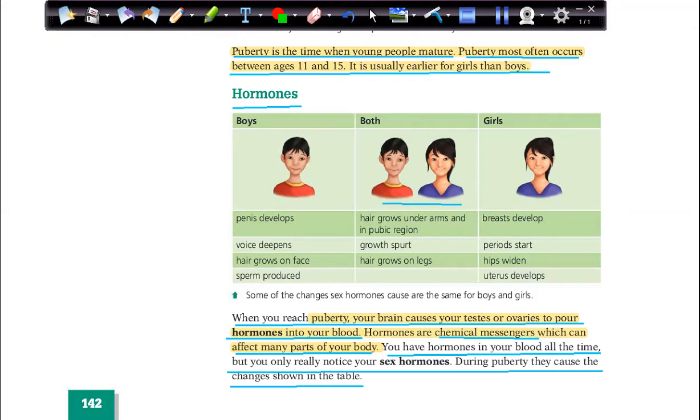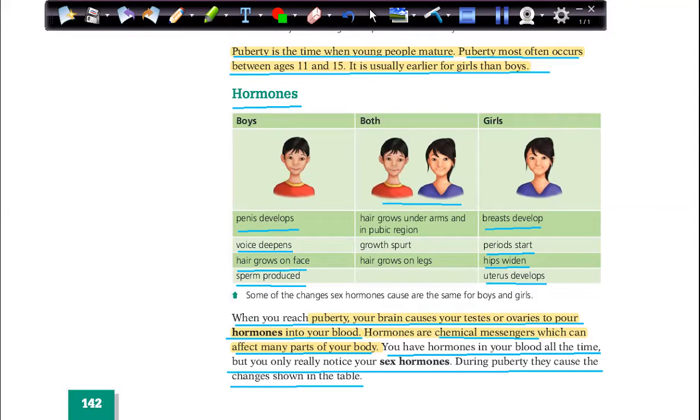But for the boys, first the penis develops, then the voice deepens, it will start to be louder, more rough, okay? Hair grows on the face, like the beard and the mustache, and sperm is produced. What about the girls? The girls' breasts develop, then the period starts, and we studied about periods before. Hips widen and the uterus develops, and all this development comes to make the body able to be a parent